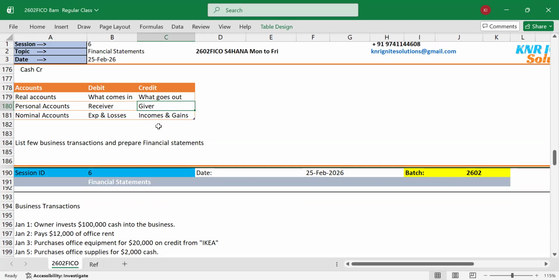We call it a separate business entity. In accounting, we always treat the owner as separate and the business as separate. Both are not the same thing. Though the owner is investing, you need to treat both as separate entities. The owner is different, but the business is different. That's one of the concepts. As per that concept, whether it's an owner, a bank or someone else giving money to the business, you need to treat that as a separate entity. That's the reason we are putting that as a